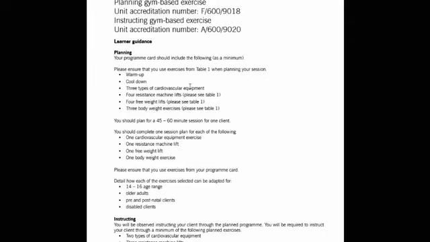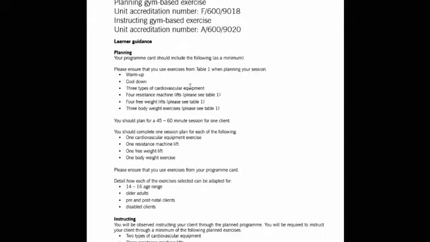We're going to have 4 free weight lifts, so we're going to have 4 free weight exercises, and we're going to have 3 body weight exercises. So body weight exercises, stuff like press up, sit up, pull up, stuff where we're not using extra resistance but where we're using our body weight. And we're planning for it to be a 45 to 60 minute session. And when we get stuck in and have a little bit of a look at what goes where, you can see that sort of session will normally last for that amount of time. And it also says you should complete 1 session plan for each of the following.